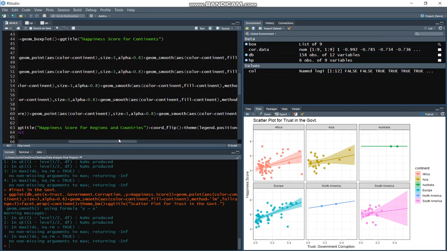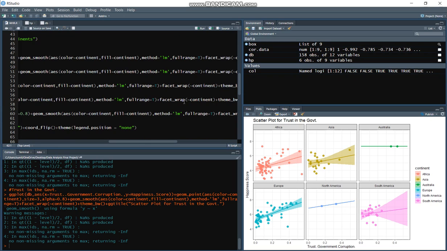We have used a special feature in these lines, that is facet wrap. What it does is it groups all the data, like trust in government for each continent, and prints it on a single canvas.